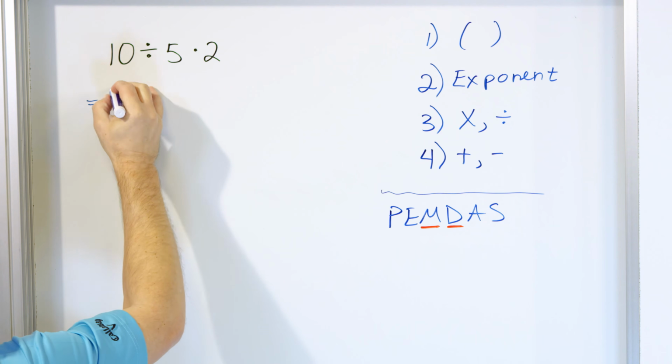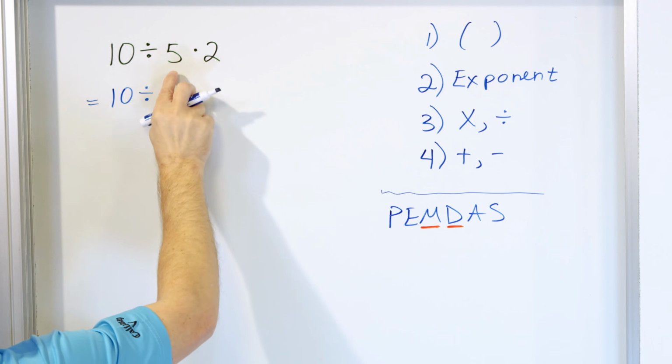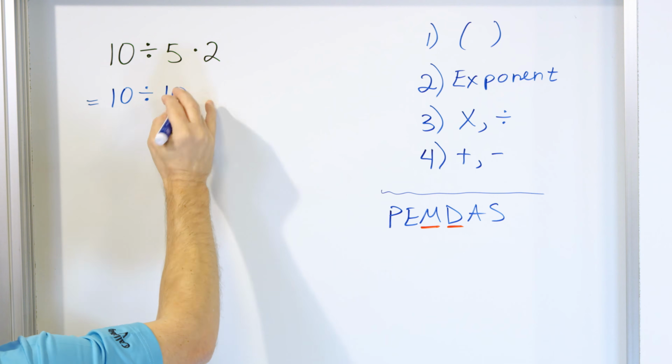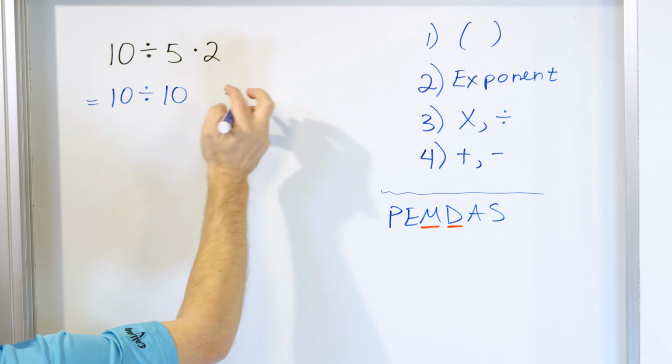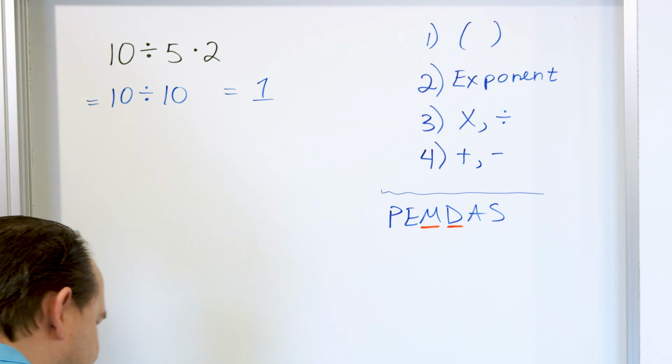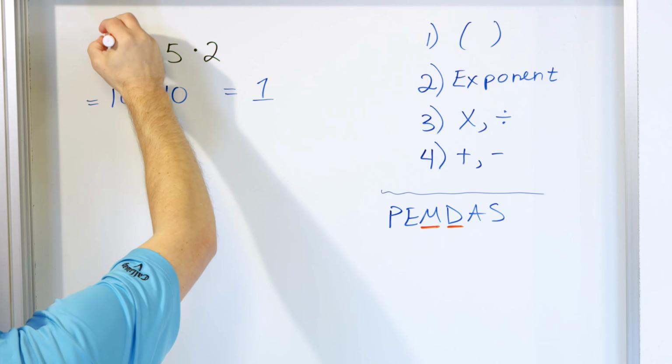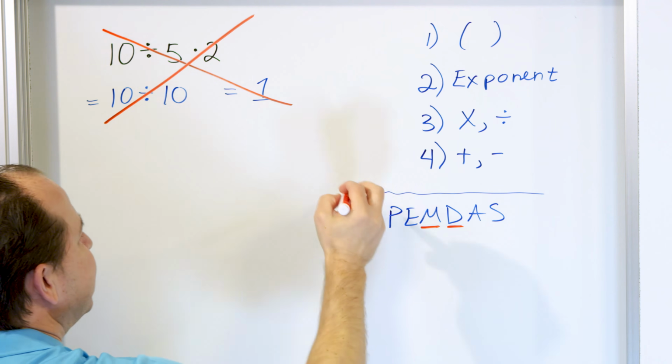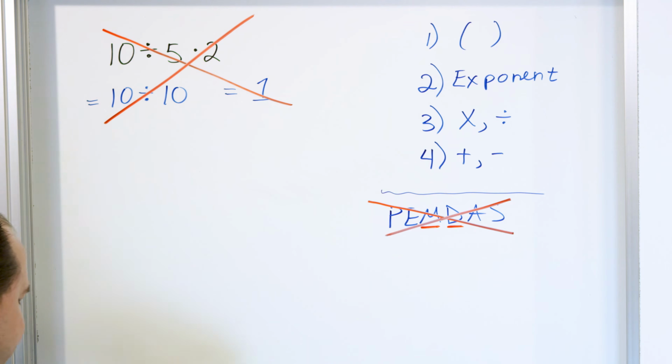So what I'm going to do is 10 divided by, I'm going to evaluate the multiplication. 5 times 2 is 10. And then you're going to say, well, then finally 10 divided by 10 is 1. Okay, so I'm going to draw a gigantic X through this because this is not correct. So I don't want you to use PEMDAS. It leads you down the wrong